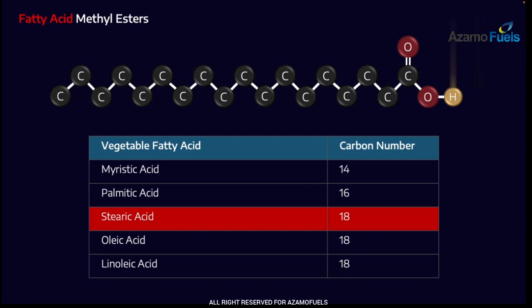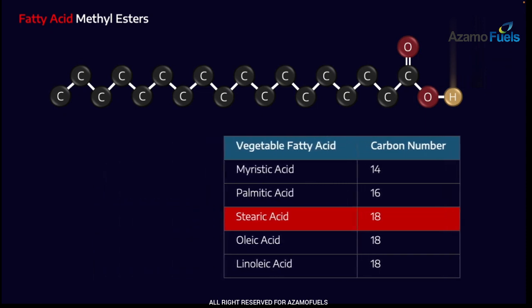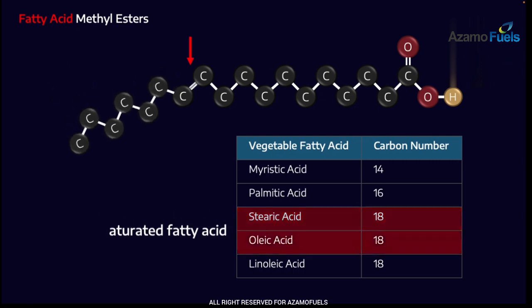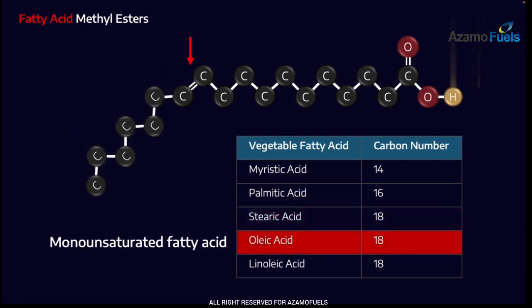Now, what is the difference between stearic, oleic, and linoleic acid? Because they all have 18 carbons in their chain. Well, it's got to do with what we call saturation. What I'm showing on screen here with a completely straight carbon chain is what we call a saturated fatty acid. In your diet, you would hear it called a saturated fat. That effectively means that there are no double bonds anywhere along the carbon chain. When we get to oleic acid, it means that there is a double bond somewhere in the chain. It doesn't really matter where in the chain it is, but somewhere along the chain, we have a single double